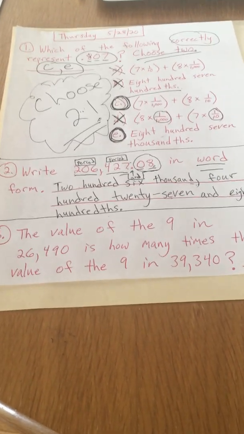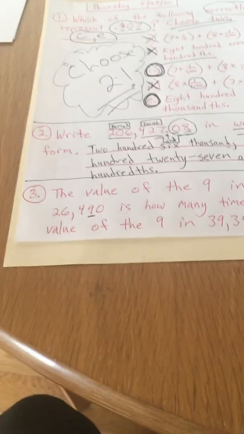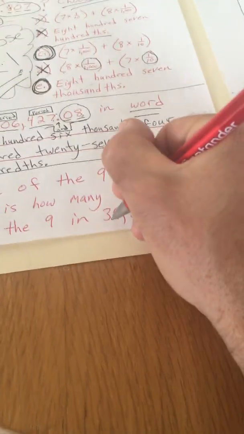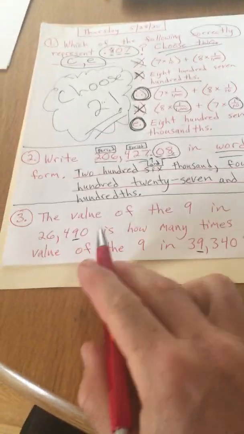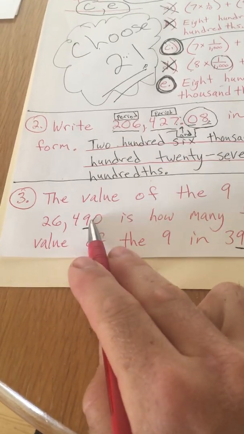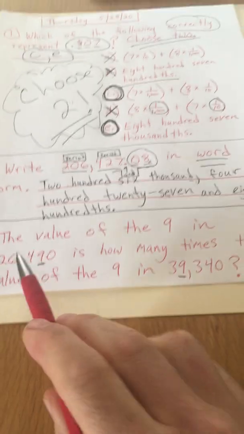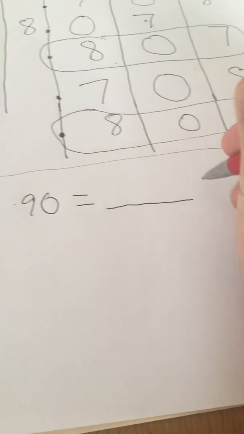Okay, last problem for today, number 3, for this video at least. The value of the 9 in 26,490 is how many times the value of the 9 in 39,340? So I'm finding the 9. The value of the 9 here in 26,490. What's the value of the 9? How much is that 9 worth? In 26,490, the 9 is worth 90. That's its value. So 90 is how many times, we're not sure yet,